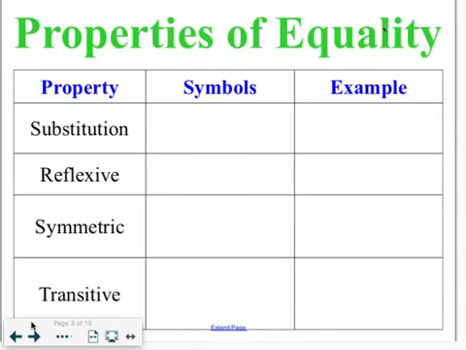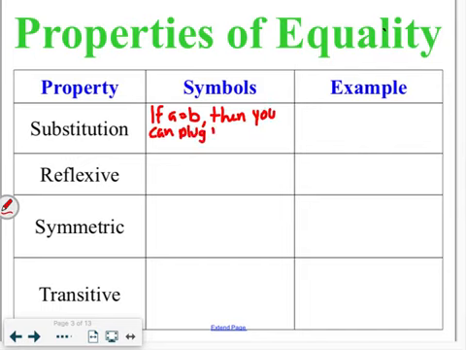A lot of these you will think are pretty obvious, but we are just giving them their official mathematical names so that we can use them throughout the class. First one is the substitution property. That says if a number is equal to another number, then you can plug the second number in the place